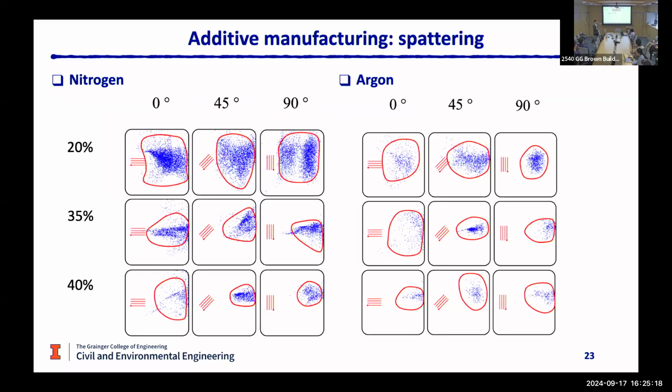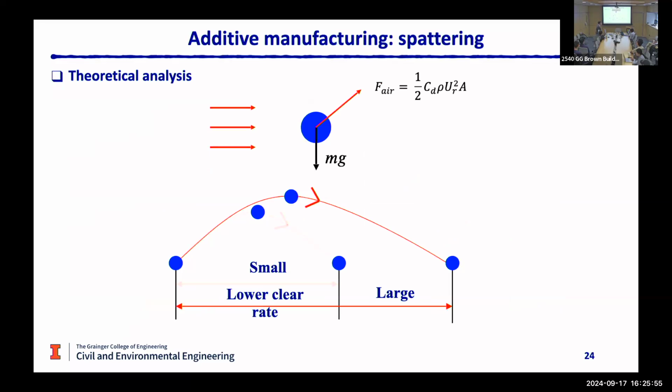And here's the simulation result for all the cases. The left panel shows you the final powder distribution using nitrogen under different flow direction and flow rate. And the right panel shows you the corresponding result using argon. There are so many tendencies we can discuss, but one tendency I want to emphasize is that no matter which flow direction and flow angle, using argon always gives you a better mitigation strategy. I mean, one by one, argon is always better. This is surprising. So we decided to do some very fundamental fluid mechanics analysis to rationalize this